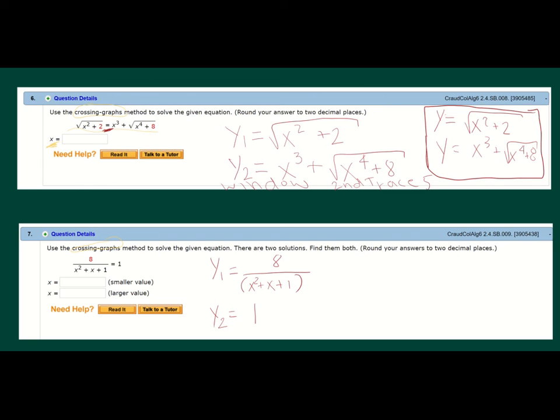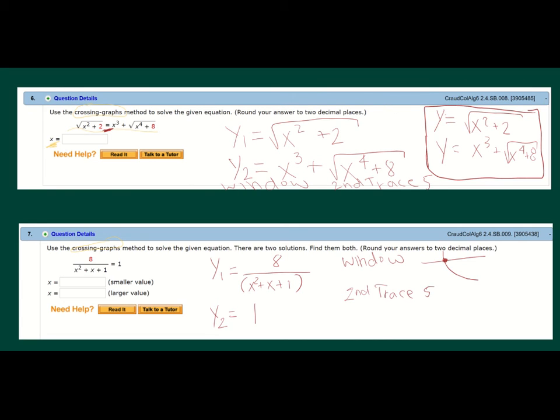Sometimes both sides are complicated, like in number 6. Sometimes one side is complicated, like in number 7. Okay. What you need to do again is go to Window, make adjustments until you can see. I don't know what it looks like. Okay, I have not graphed it myself, but let's say it looks something like this. You need to be able to see both functions and their intersection point. Once you can see that in your window, your calculator can really take over and do a lot of that work for you. What you're going to do is press second trace